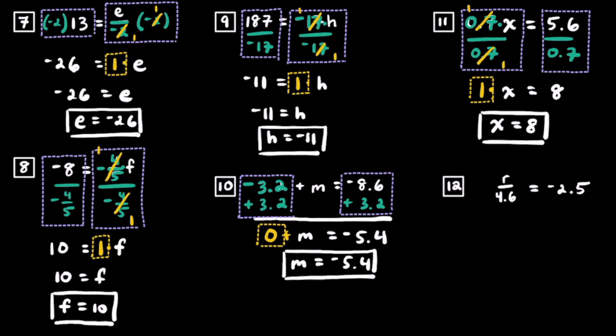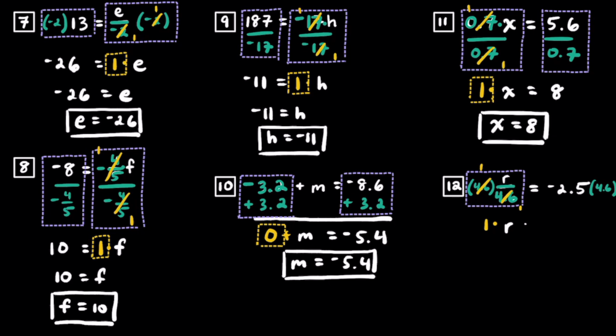For number 12, we have r divided by 4.6 is equal to negative 2.5. So we need to solve for r, and since r is currently being divided by 4.6, we can solve this by multiplying both sides by 4.6. On the left side of this equation, by multiplying by 4.6, we should see that these 4.6's will cancel out with each other and just make 1s, so on the left side of the equation, we're left with 1 times